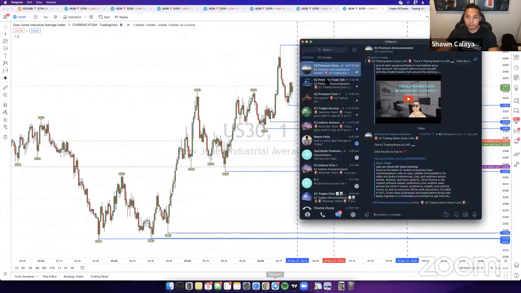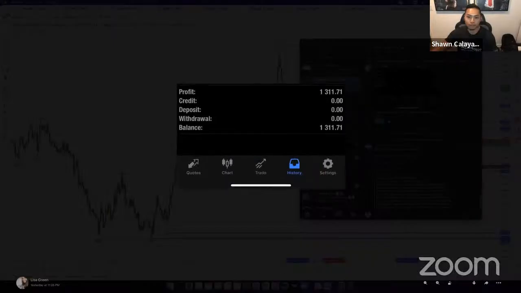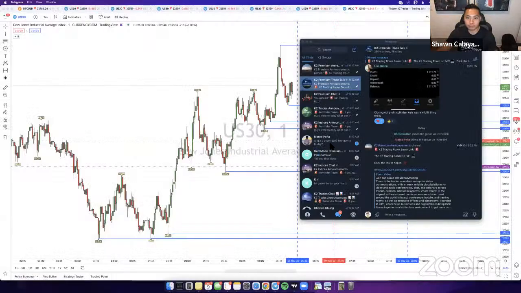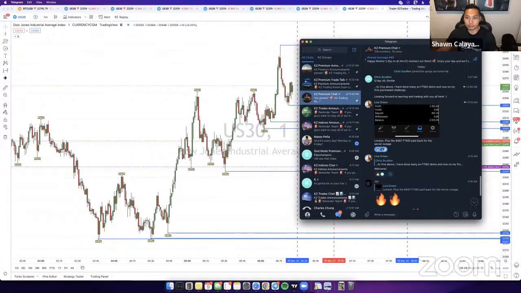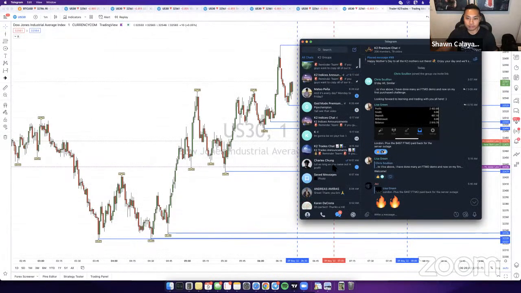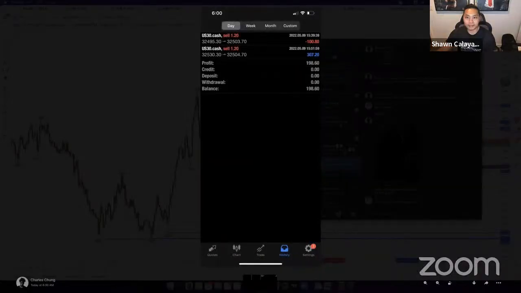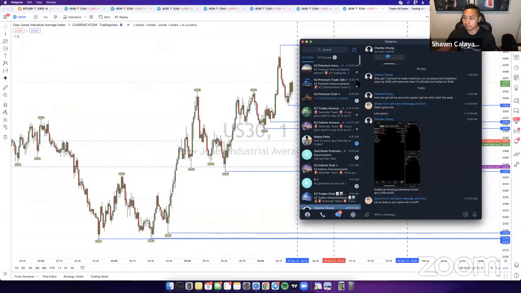Looking at the pre-market profits today, looks like a lot of people here locked in some profits. Lisa over here locked in 1,311 pre-market, and then again she locked in a little more, 2,452. Then we got Charles over here as well. He took some pre-market moves, took a little accident there, but he bounced right back, locked in 430 to kick off the day, 466 off his other account, and then 198 off his last account.